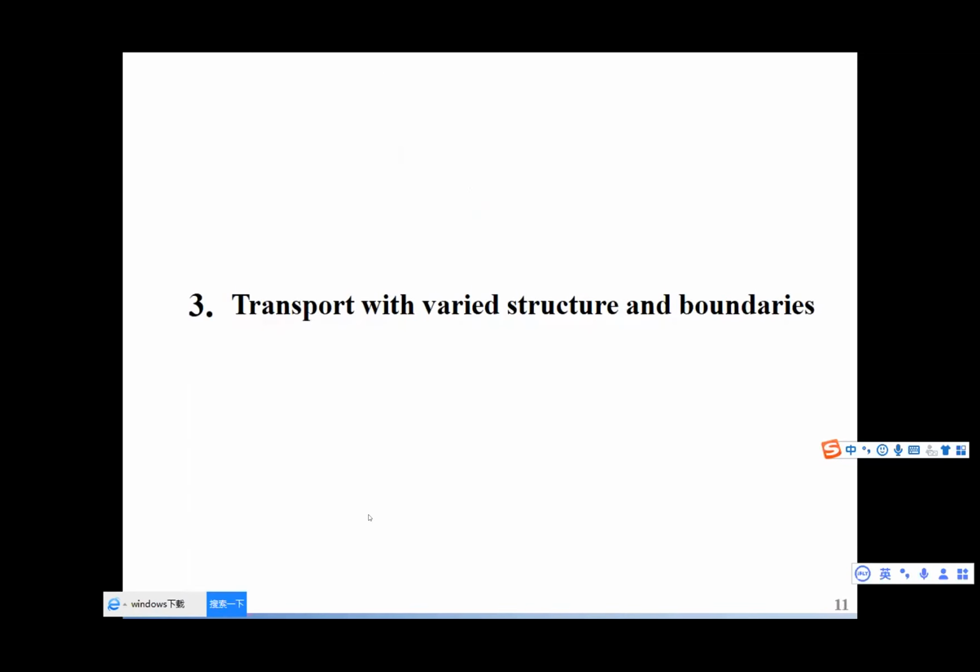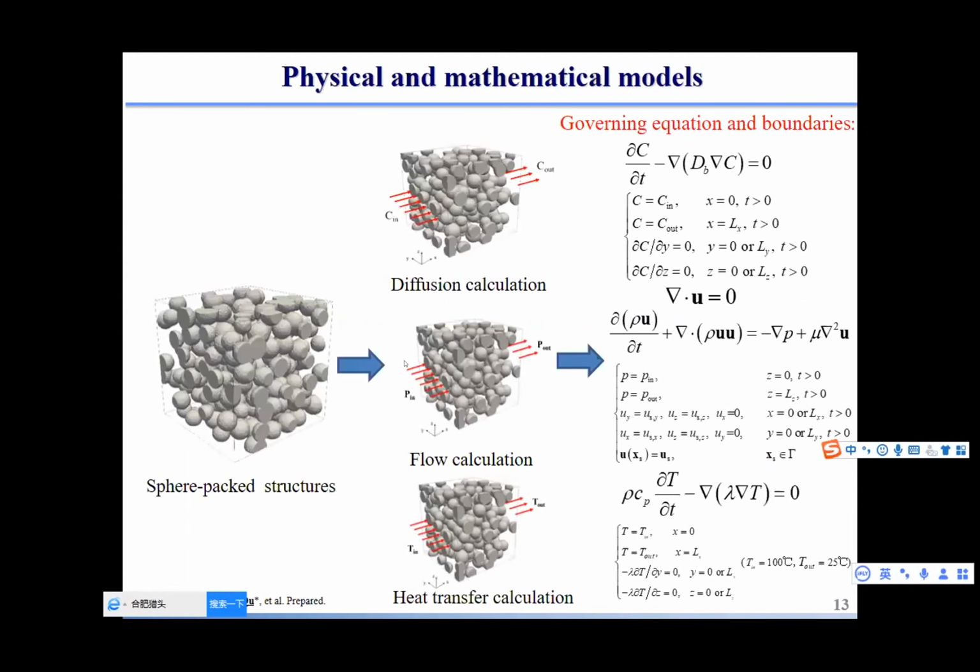Then let's see the next part, the transport with various structures and boundaries. Why do we want to do this? Because we have two parts. The first part is transport properties with various structures. You know, as we can see, different structures are very complex. So if